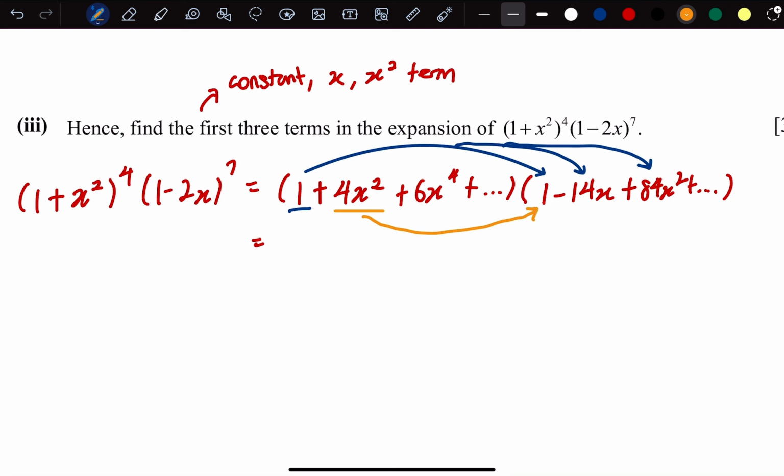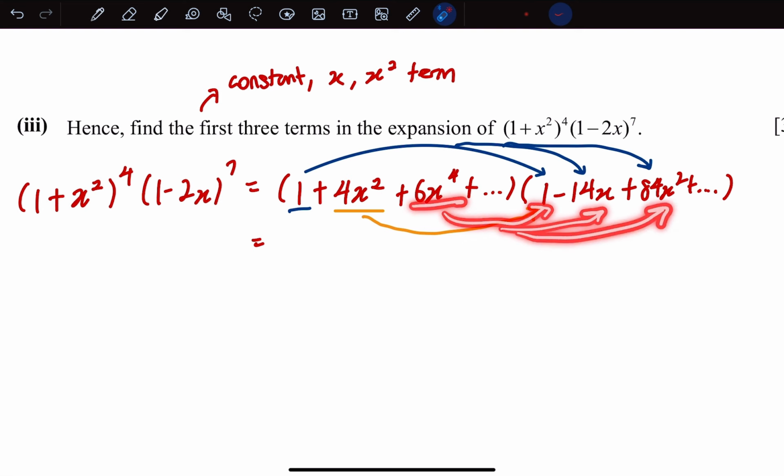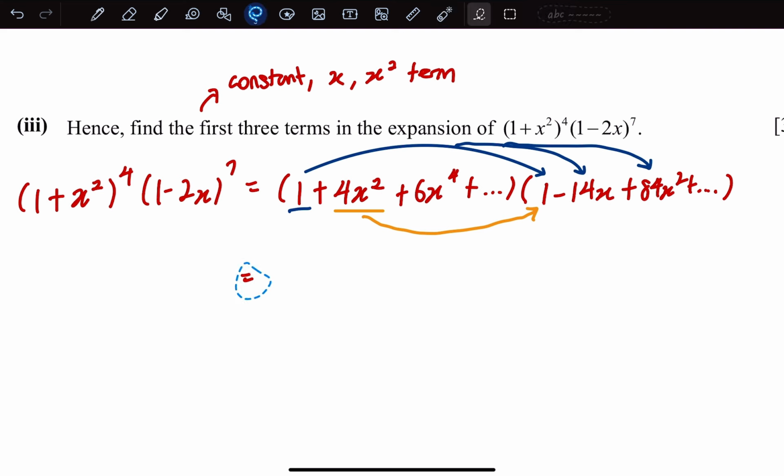That's all I need because I want to find the first three terms. If I multiply x squared to this term here, I'll get an x cubed term, which is not what the question needs. And x power 4, multiplying it to these terms will give you x power greater than 2, so not relevant as well. So therefore, very simply, we start with this one here first,